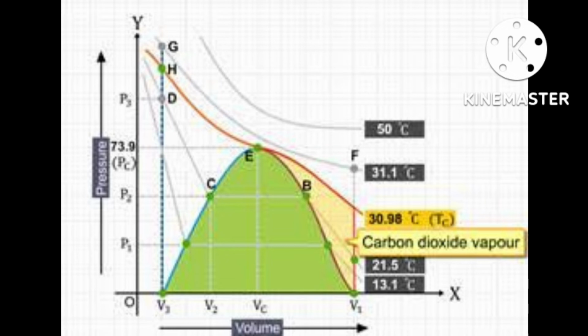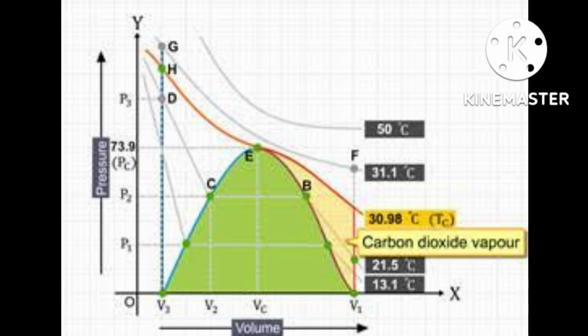Critical volume, and pressure at this temperature is called critical pressure, PC. TC, PC, VC. This is called critical constant. The critical temperature, pressure and volume are called critical constants. And again here you can understand, further increase in pressure simply compresses the liquid. Nothing will happen, only liquid will be compressed. Liquid carbon dioxide, it will simply compress the liquid carbon dioxide, and the curve represents the compressibility of